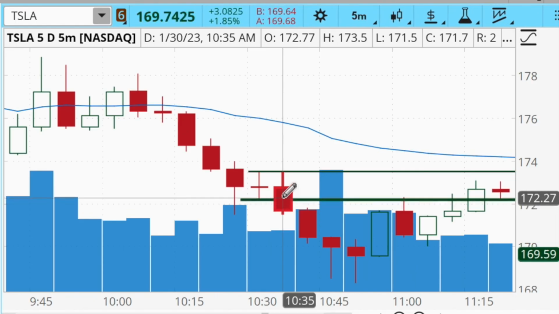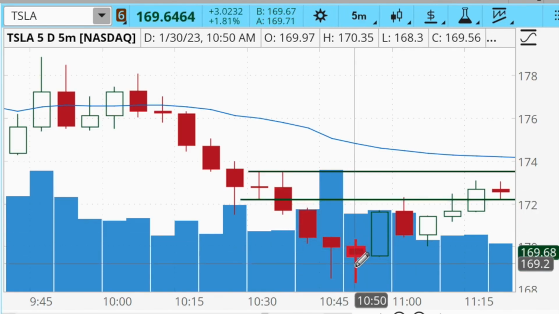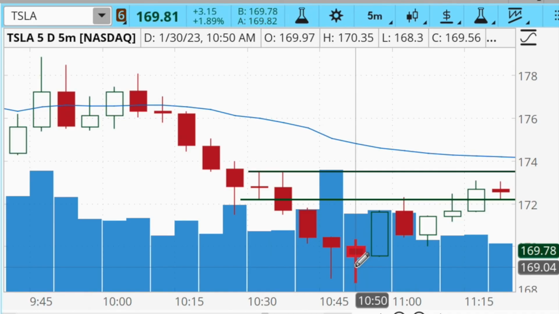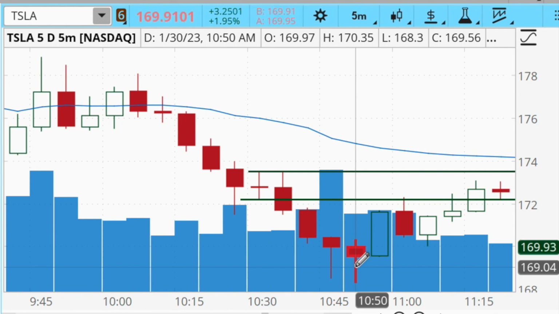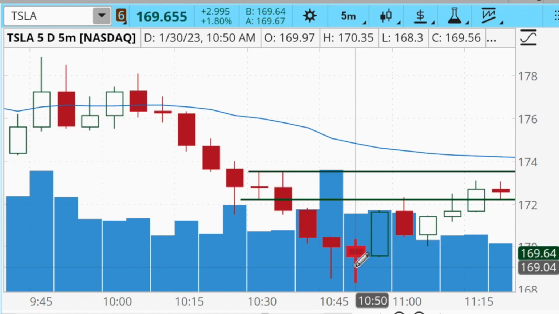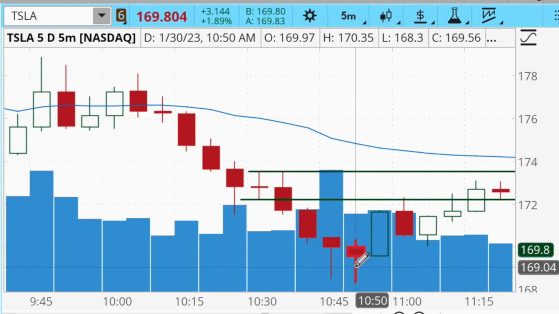And we can see it falls then from that breakout level of about 172 per share down to a low just about 20 minutes later of $168.30. So it falls about $4 per share from that breakout level. Depending on the expiration date and the strike price that you're trading for your options, there were most likely some put options in that time frame that were up 30, 40, even 50% or more just from that small move from this inside bar breakout. But that is again how effective this strategy can